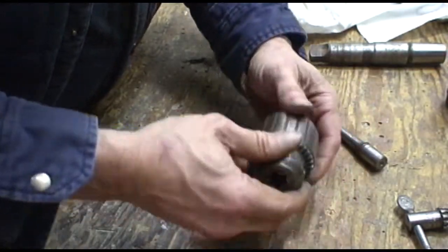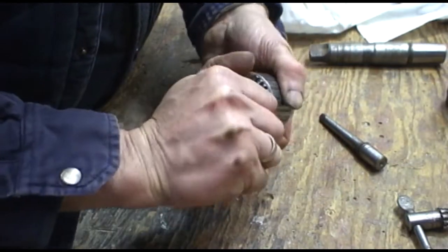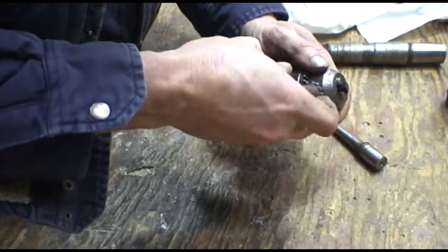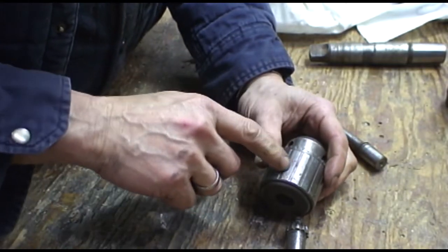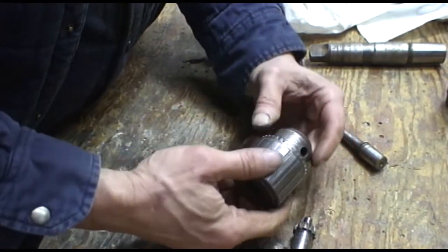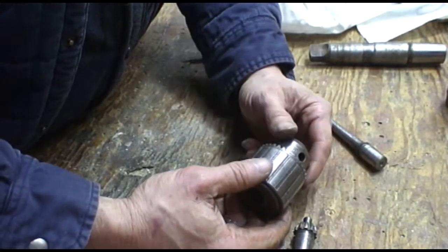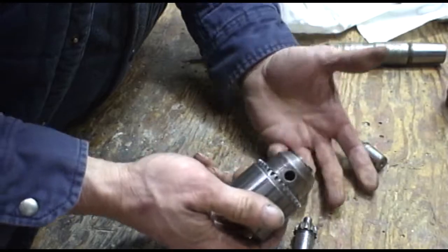So now this chuck is still very stiff. It doesn't want to come up and whatever. So what I'm going to do now, oh, can't even move it back, is I'm going to press this collar off, take the half nuts out and the jaws, and it's probably just very rusty. There might be something stuck in there, who knows, but it's a very simple process, and I'll show you